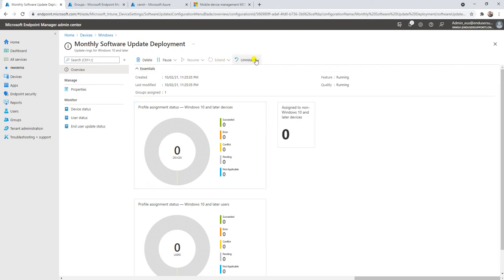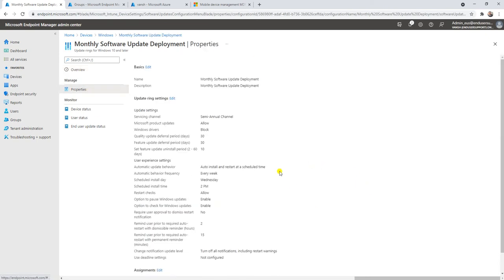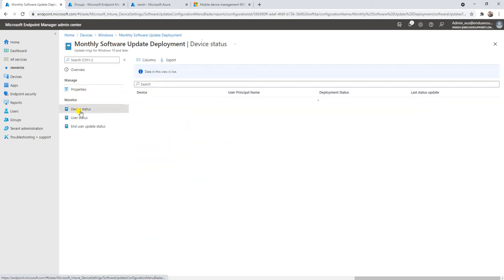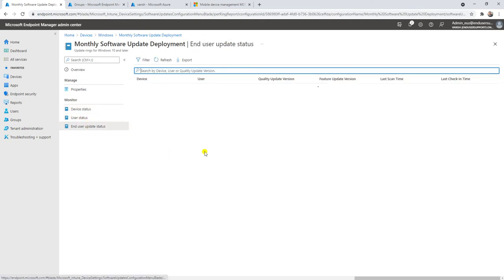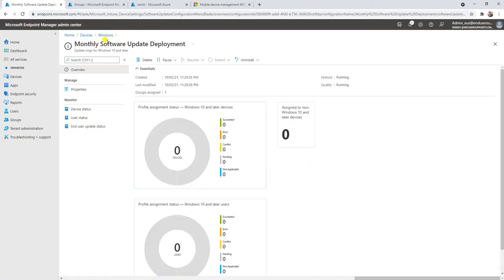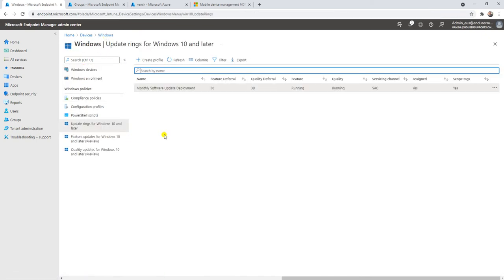Extend we can do, or uninstall also we can do from here. So this is the policy that we created. If you want to check anything, you can go here and check it.